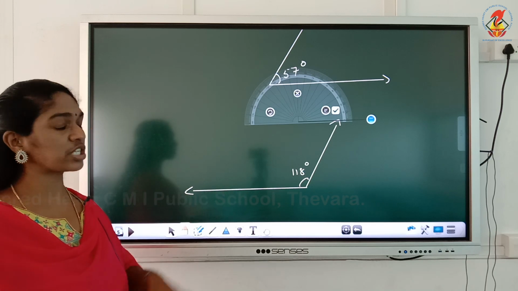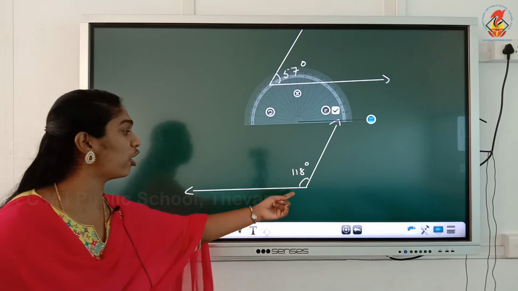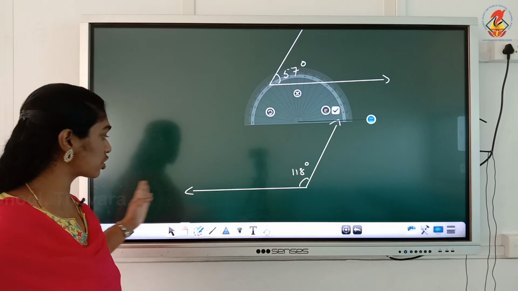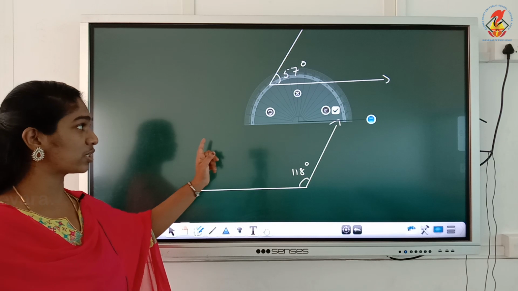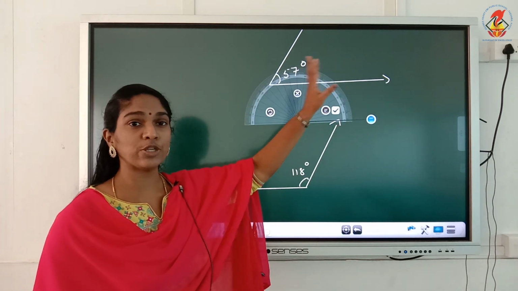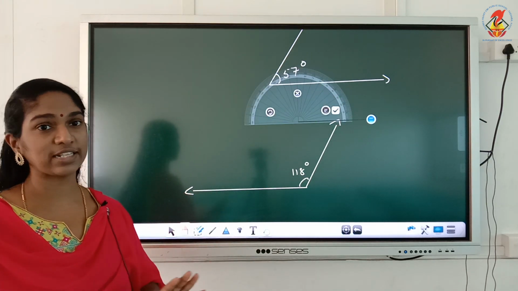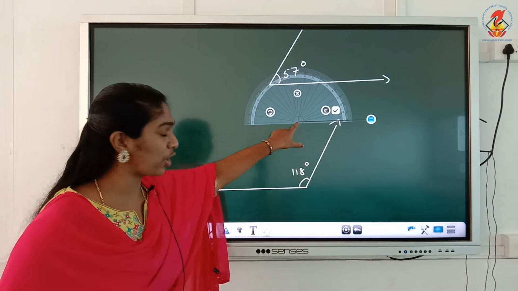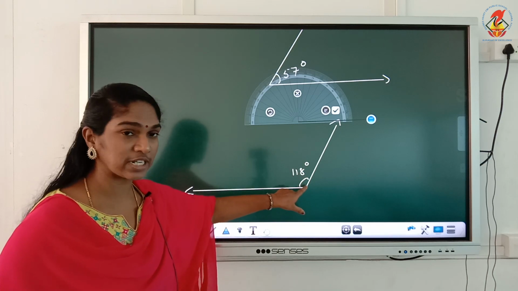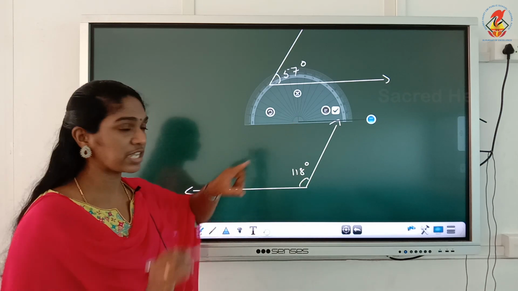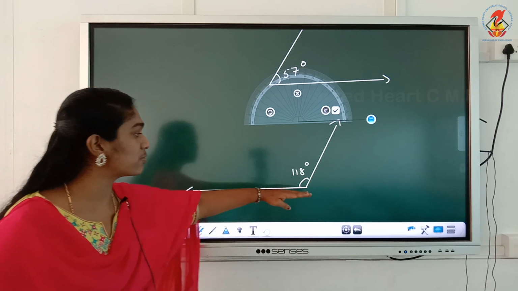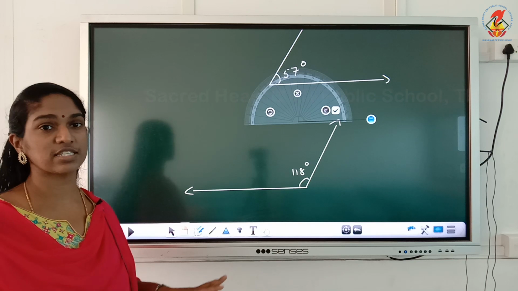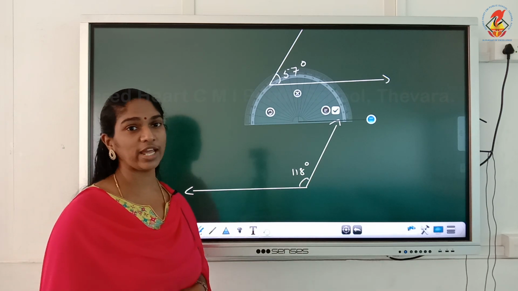So it is your wish that you can take the inner scale or outer scale, but depending on the baseline, you have to see the direction of the baseline. If the baseline's direction is going to this side, you have to take the outer scale, but if it's going to that side, you have to take the inner scale. Only that thing you have to be careful about, and the arrangement of the protractor. The middle point of the protractor should be on top of the vertex, and the baseline in the protractor should come straight on top of the baseline. Once that is done, then it is easy for us to either measure or draw an angle.